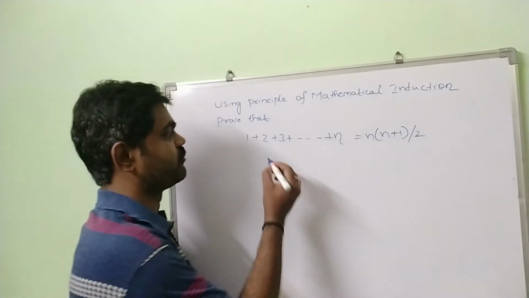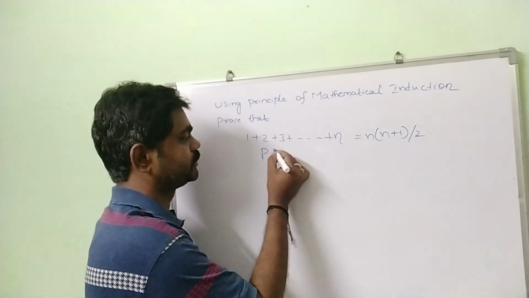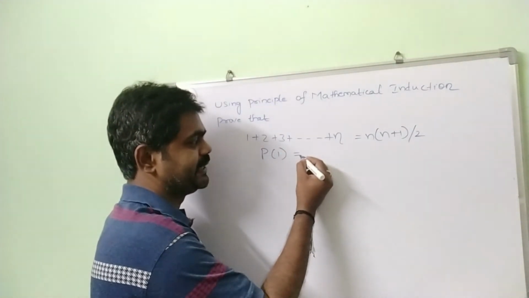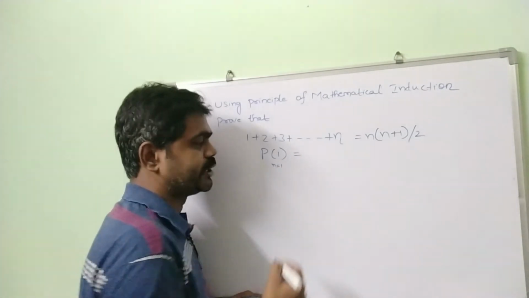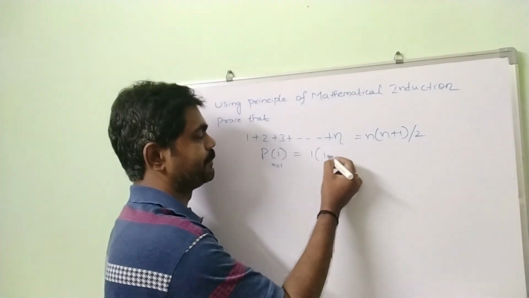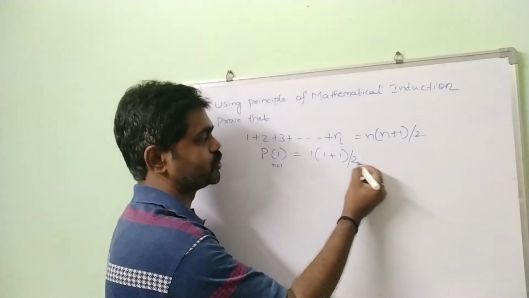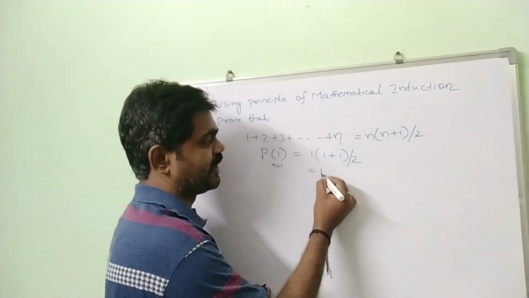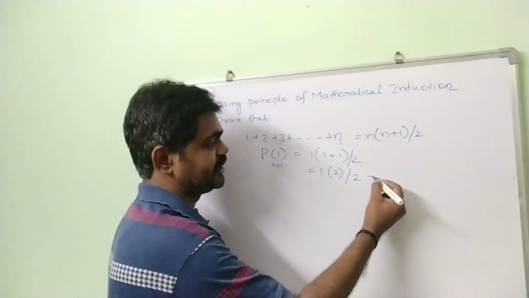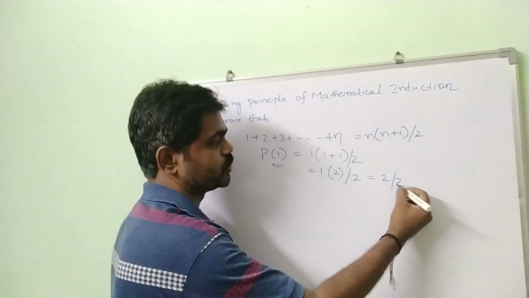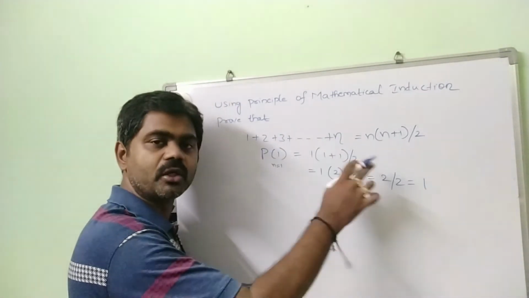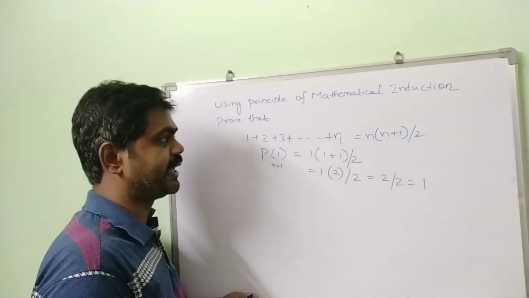So let's take P of 1. So P of 1 equal to, that means here n equal to 1. So in the place of n, we should substitute 1. So 1 into 1 plus 1 by 2. So what do we get? 1 into 1 plus 1 is 2 by 2. So 1 into 2 is 2. So 2 by 2, which is equal to 1. So here we got same. P of 1 equal to 1. So if you take 2,